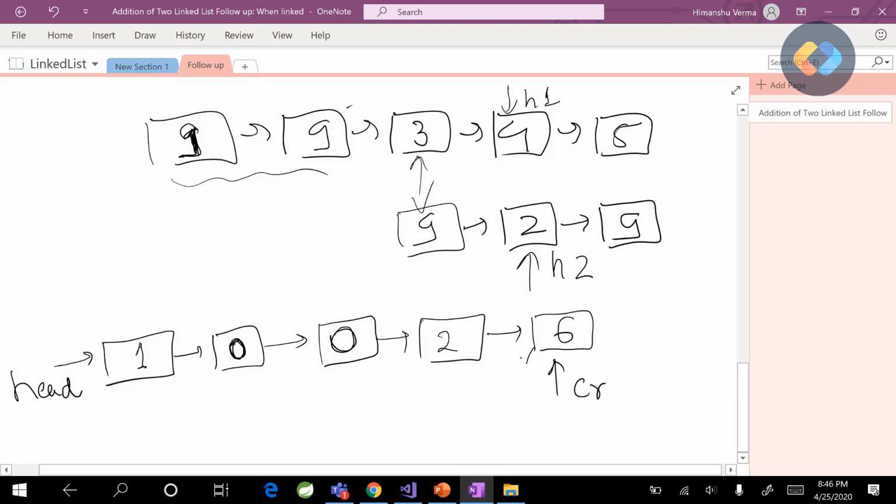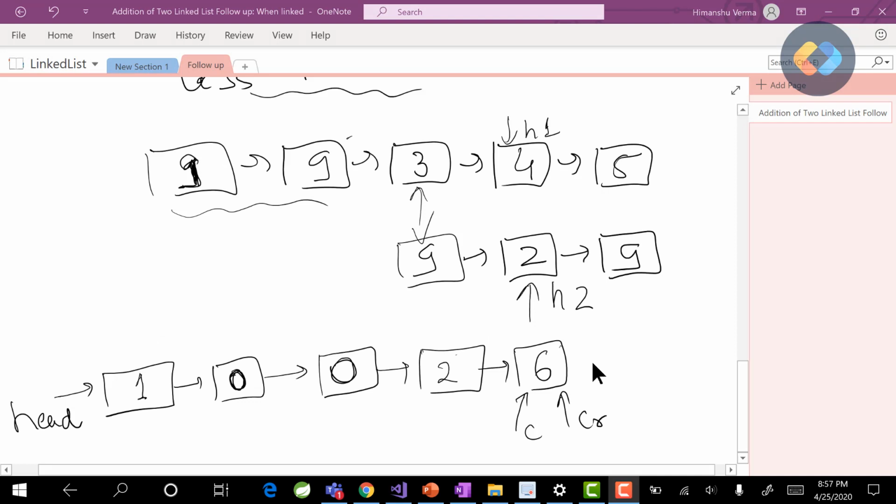We can keep our pointer here, right? So we'll actually move our carry pointer here because this value is less than 9. If this value had been equal to or greater than 9, like suppose we had 7 instead of 4, we would have had 7 here, so this would have become 9.